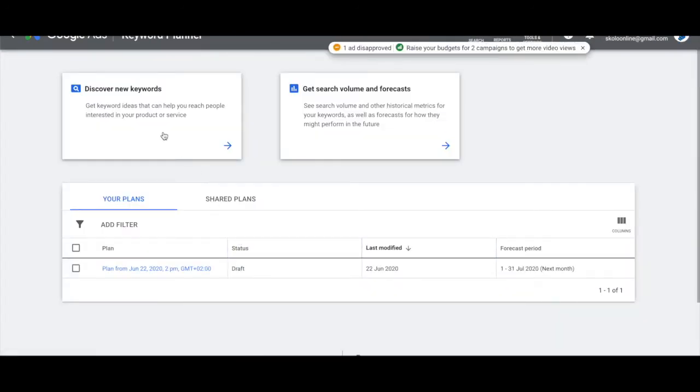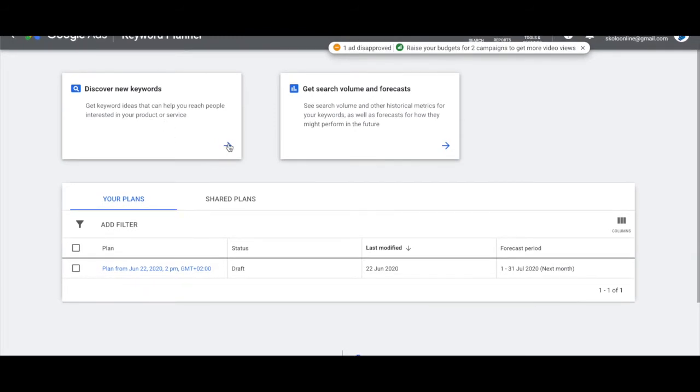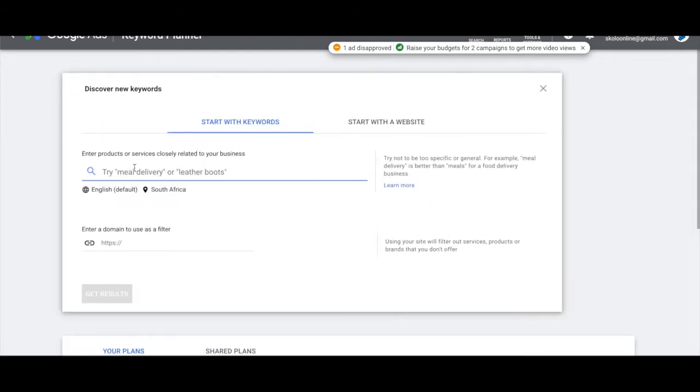And you have two options: discover new keywords or get search volume forecasts. What you want is to discover new keywords. And like I said, this doesn't show up if you're not logged into your Google Ads account. So that's what we're going to click on, and we're going to just search in here "dipping nail sets," okay, and try a couple of variations around this, and make sure that the country is set to the country